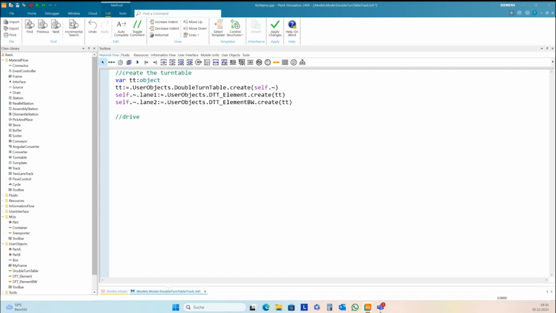The radius is 2, and the circumference of this track is 2 pi radius, and so a quarter of this track is pi, and so I can use pi to set a destination on this track here. And to drive the turntable, I use the attribute target position of the track of the transporter.